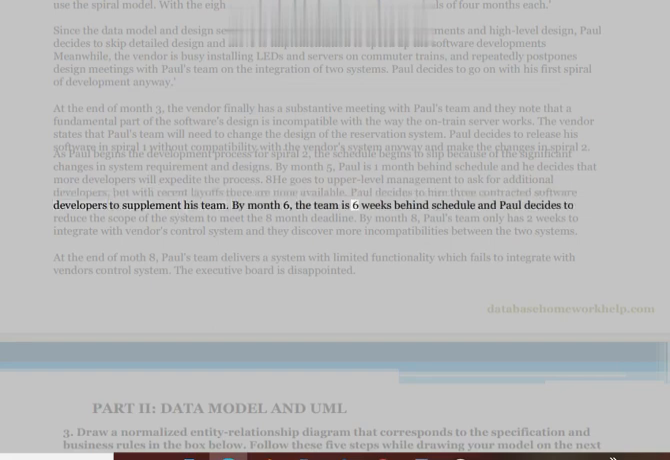By month 6, the team is 6 weeks behind schedule, and Paul decides to reduce the scope of the system to meet the 8-month deadline. By month 8,